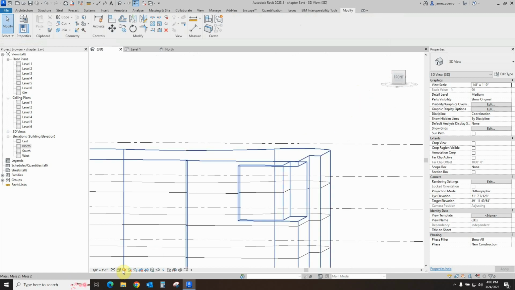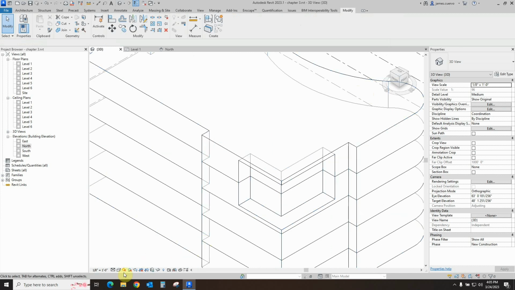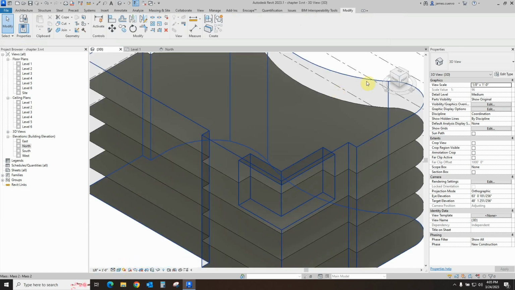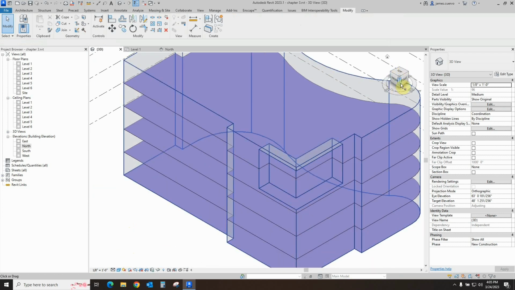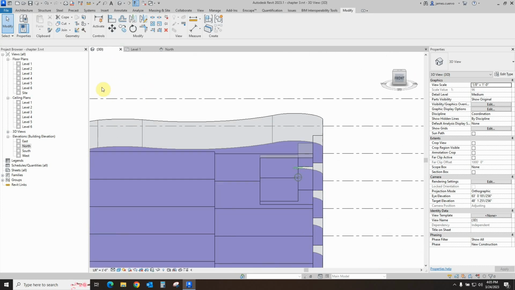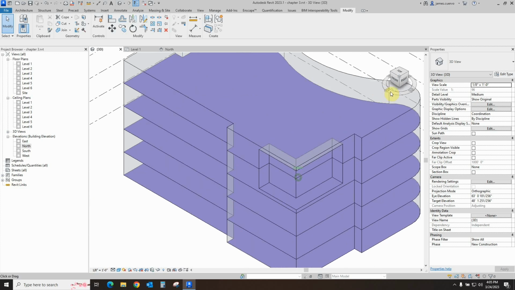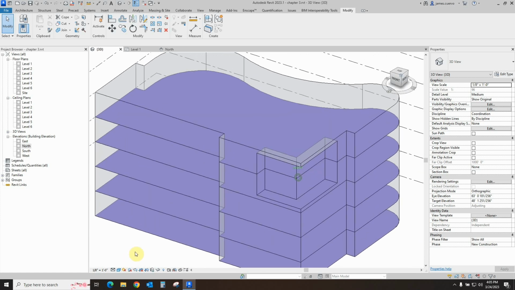So we can now look at this in a different way. Let's look at it in shaded mode so we can see it a little bit better. As you can see at this point, oops, wrong mode. Here we go. As you can see here, we do have a nice little opening happening there. And believe it or not, guys, that's pretty much it as far as the massing is concerned,